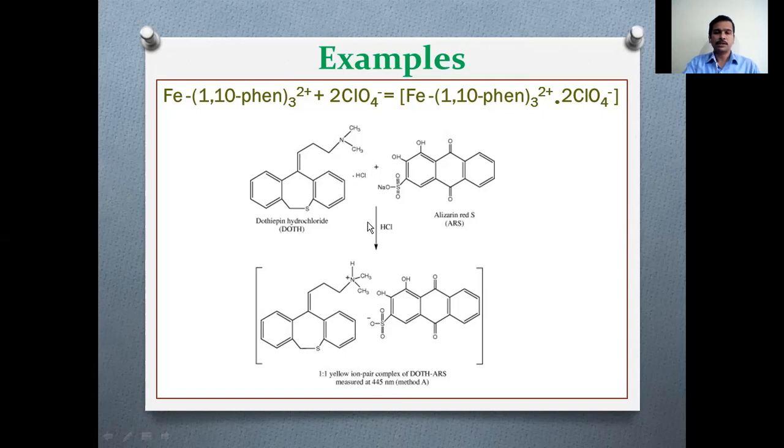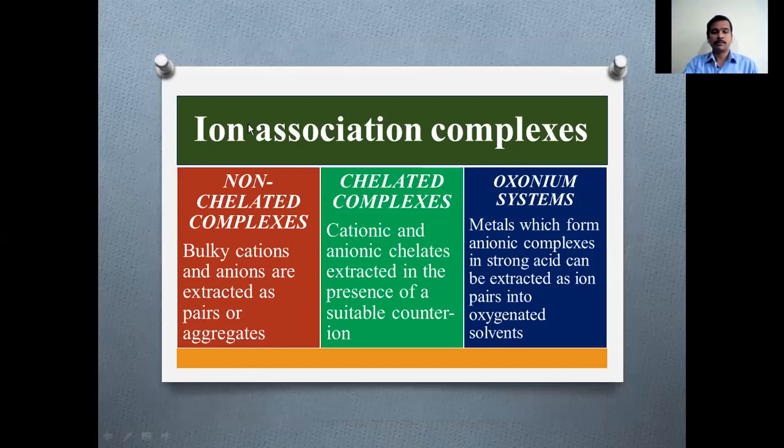Why am I presenting this? Because solvent extraction is not only useful to extract, but it will also fulfill the requirement and serve the objective. Our objective is to determine this compound, that is, what amount of the compound is present here. Not only by extraction, but we can also utilize this ion association complex for measuring the absorbance. That's why I am presenting this. And this slide will give you a very simple classification of ion association complexes.